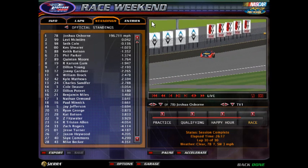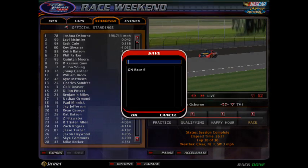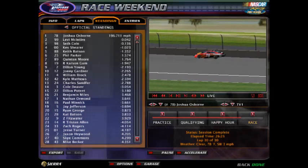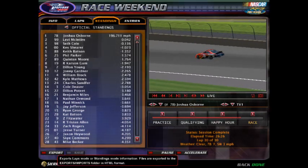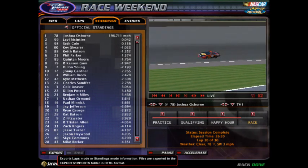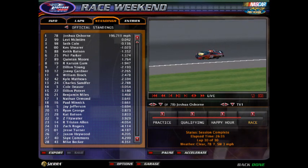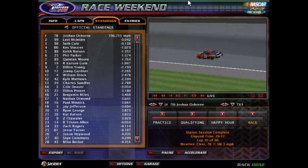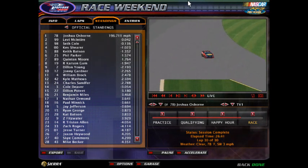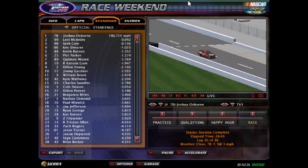Averaging 196.711 miles an hour. So 17 races in the books and 17 races to go in the season. What a season it's going to be here in the last half of the season, the Castrol GTX Cup Series for season 24. Rest of the finishing order over here: William Brock 11th, Kyle Matthews moved up to 12th, Charles Sammer